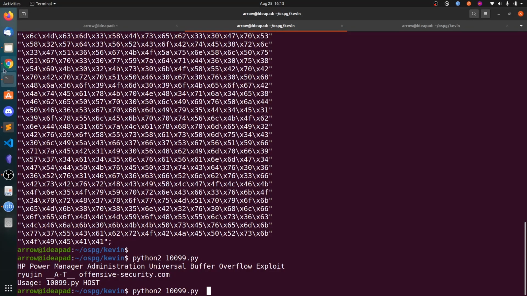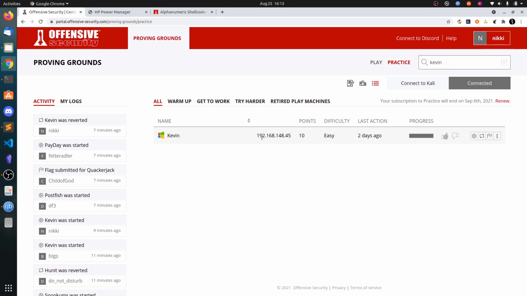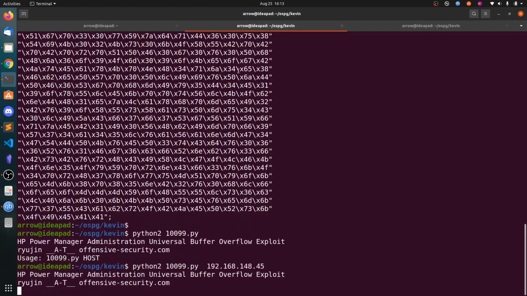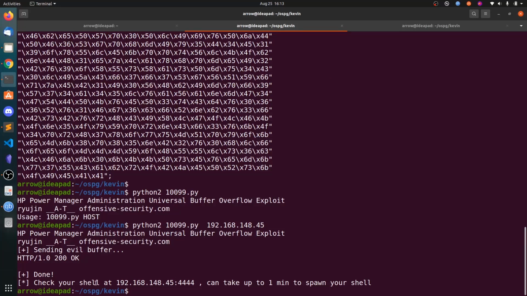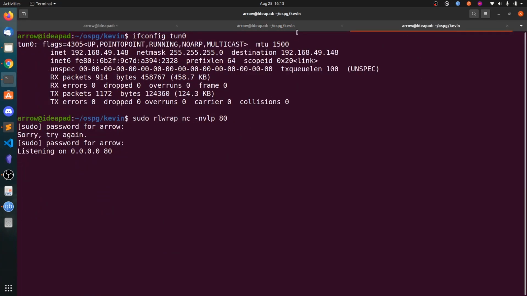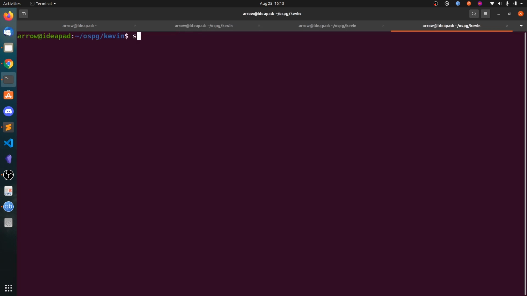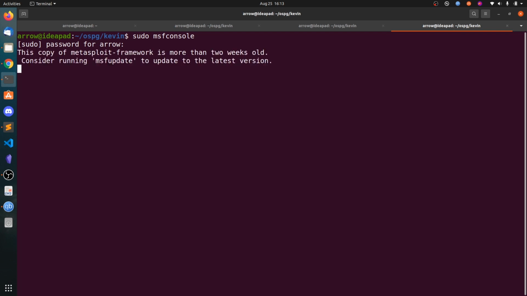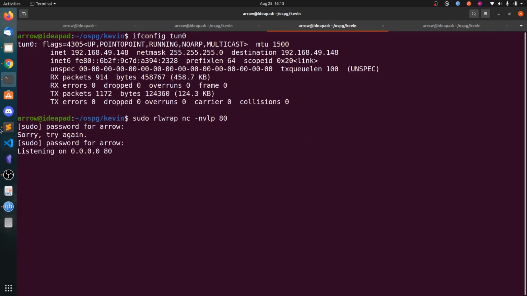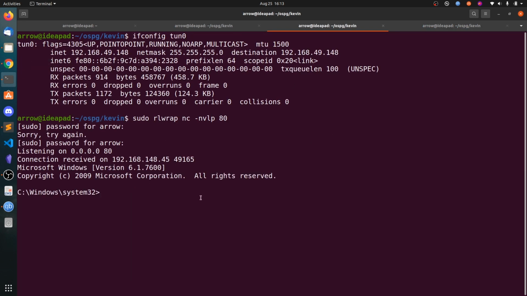So the host IP address. This is a normal print statement. We need to wait up to 1 minute to get the reverse shell. It also has a module in Metasploit. So you can see we got the connection. Who am I? We are the system.